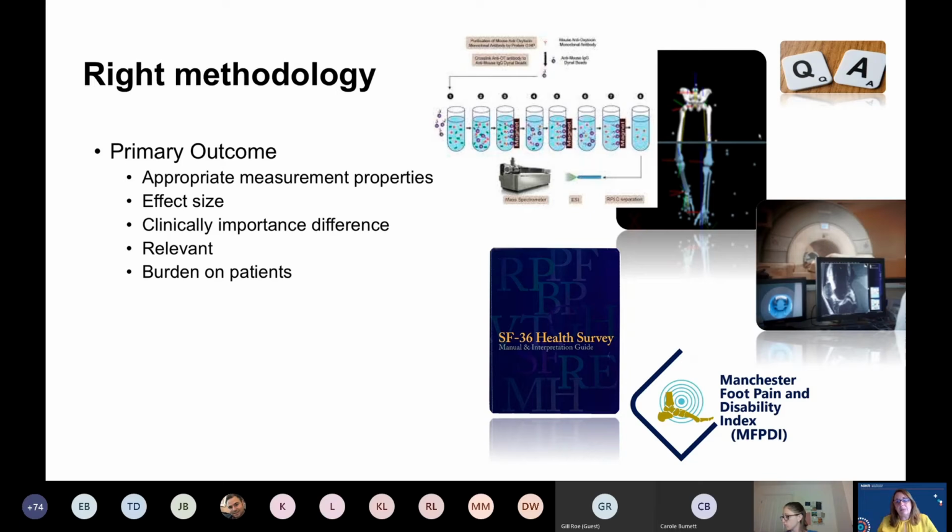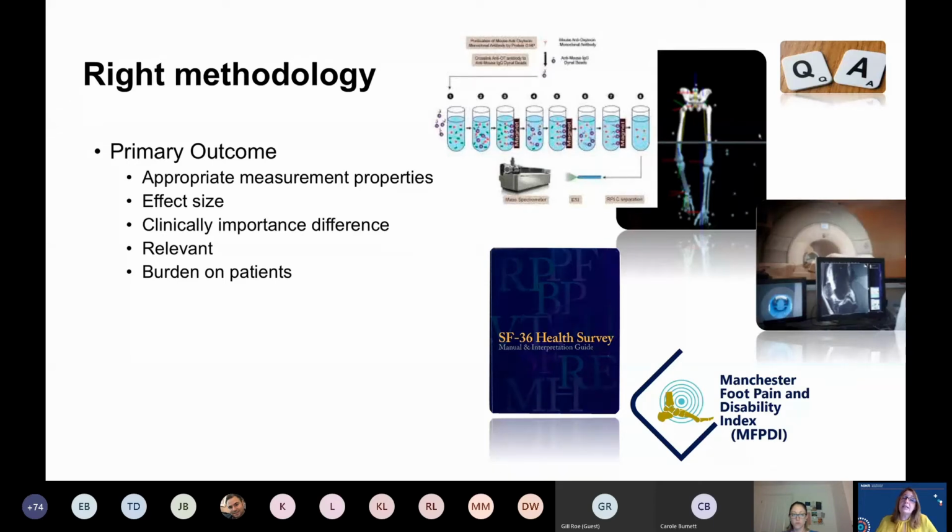And things like the primary outcome, if you're looking at quantitative studies, it's incredibly important. And the primary outcome is important because you need to make sure you're measuring what you think you're measuring. You need to make sure that it's a valid and an appropriate measure. It has a huge effect in terms of things like numbers you need if you're developing a